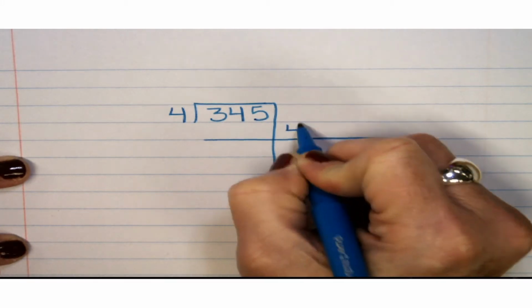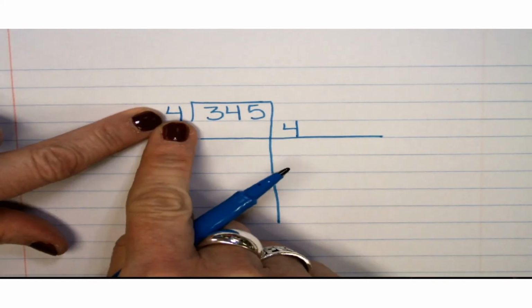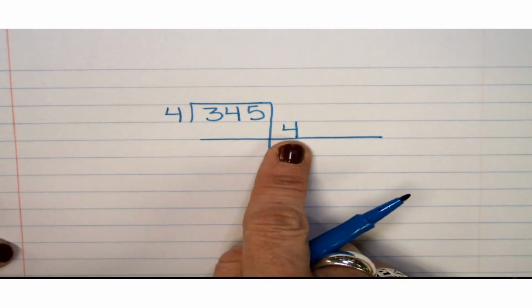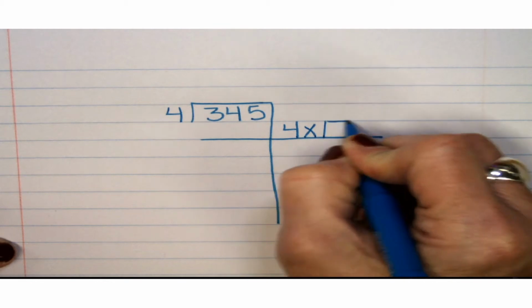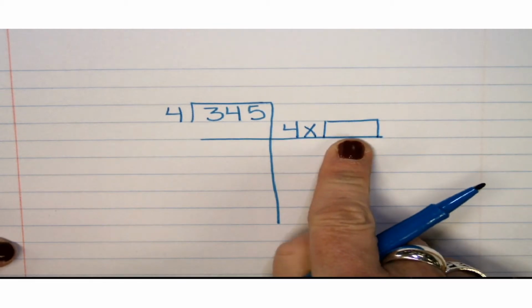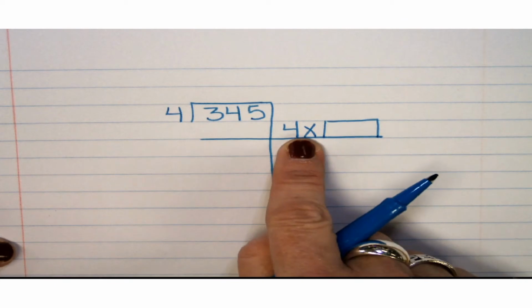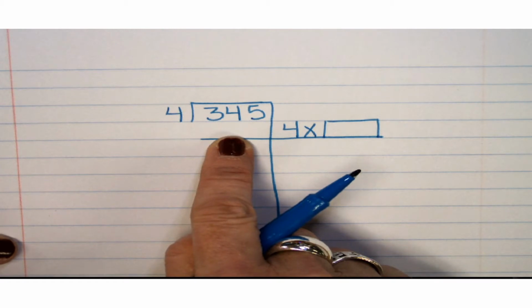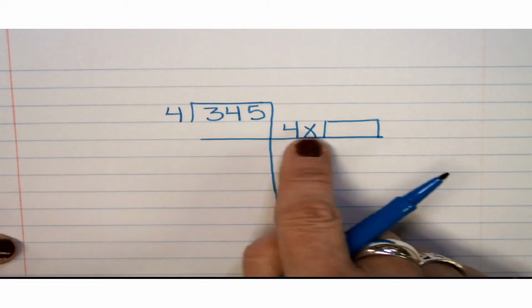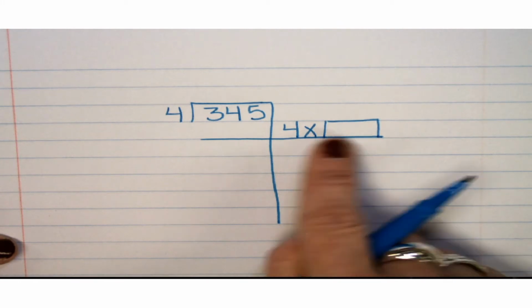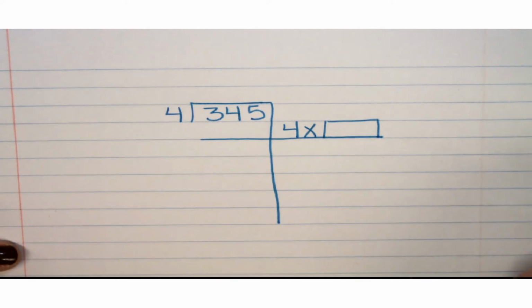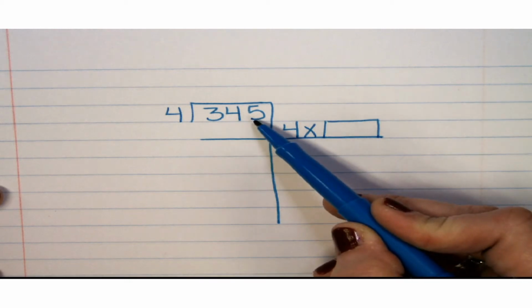our answer. The first thing we're going to do is take our divisor and place it over to the side since it's going to stay the same throughout the whole problem. Then we're going to ask ourselves, what multiple of 10 can we multiply by 4 to get as close to 345 as we possibly can without going over? So we would think in our minds about 4 times 10, 4 times 20, 4 times 30, and so on until we come up with the highest number we can think of that is close to 345